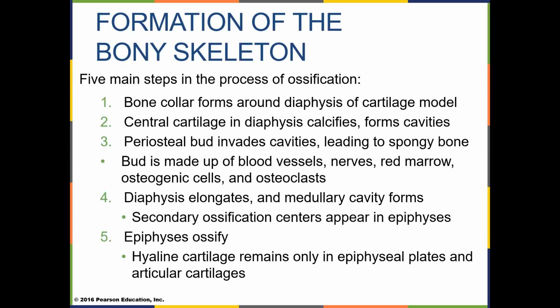And as I said, we lay down spongy bone, then we develop compact bone, then we start moving to the ends of the long bones, and we have secondary ossification centers in the areas where the epiphyses are going to be. In fact, this is the beginning of the epiphyseal plates,